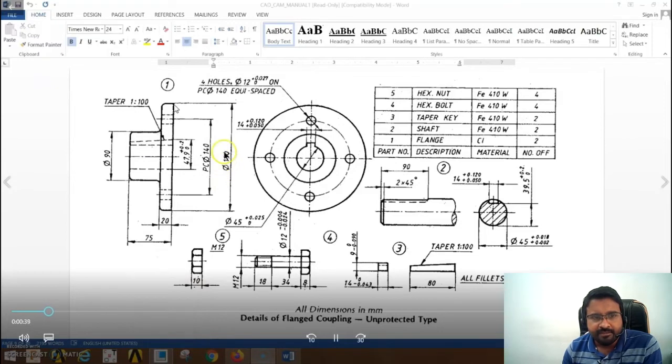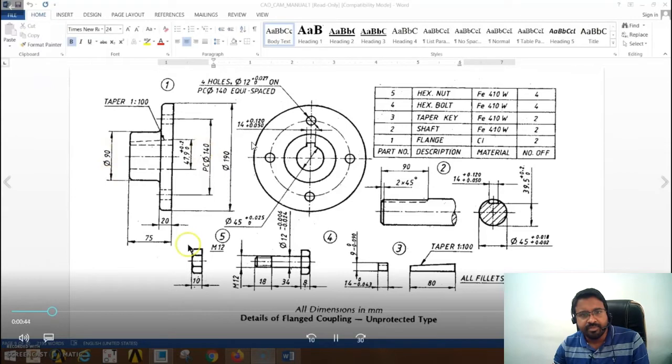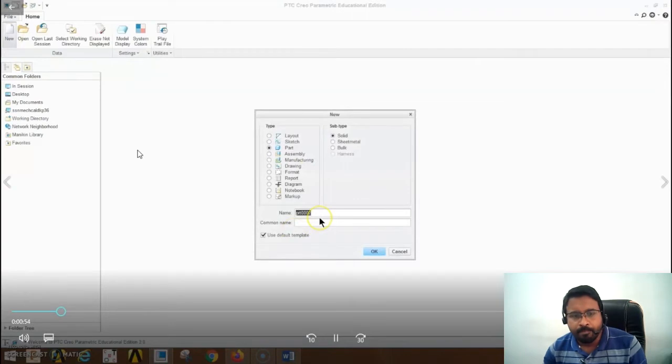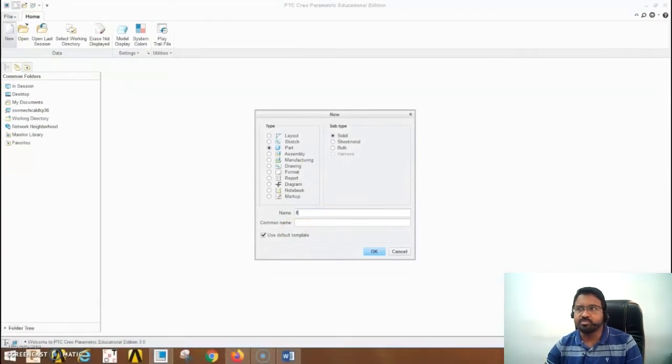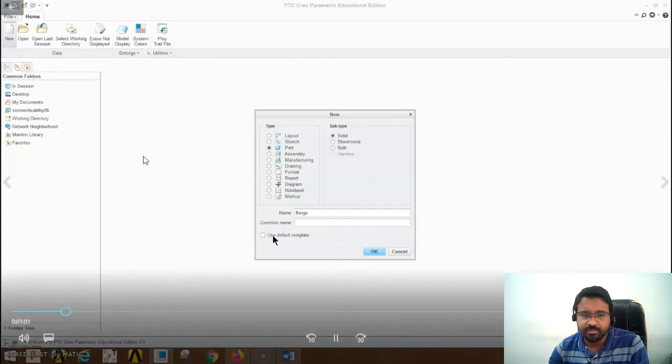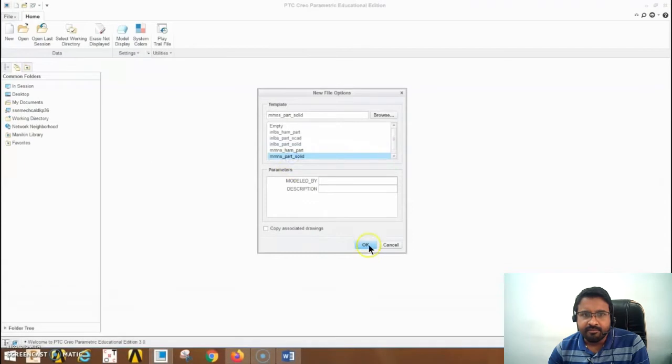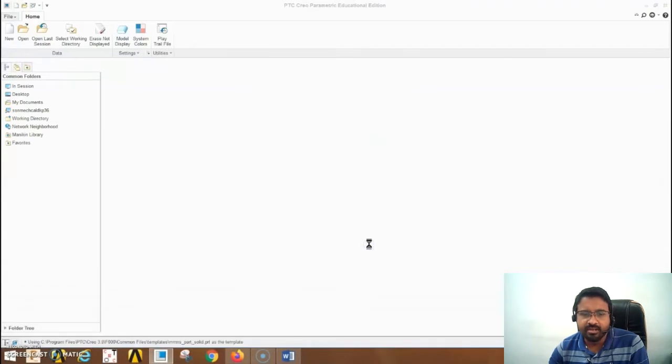First of all, when you start drawing, we need to draw this circle. This circle has to be projected to get this disc. After that, you have to draw another circle over here, and that has to be extruded to get another disc. And we are trying to create the first part. We are naming the part as flange, and we are selecting part solid,